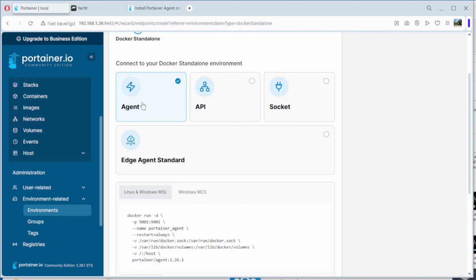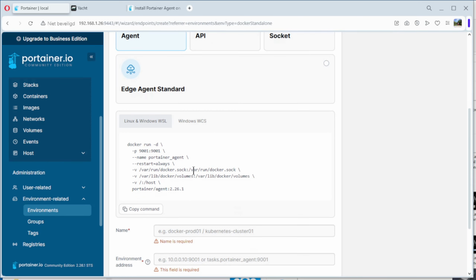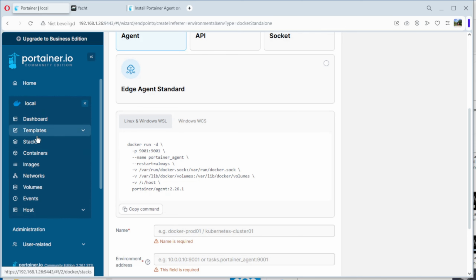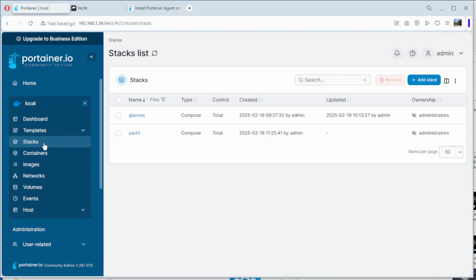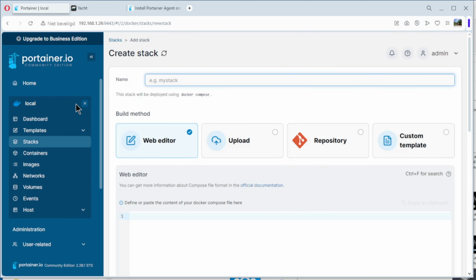We use agent. And you see here the commands for Linux and Windows. See it here. So we go back to stacks, add stack, and connect, copy the code. Copy it, paste it here,